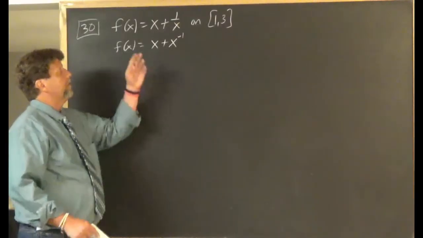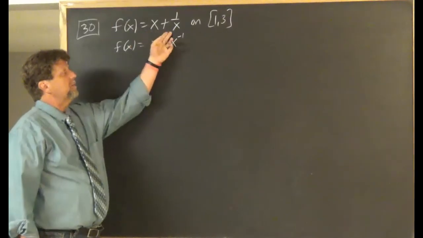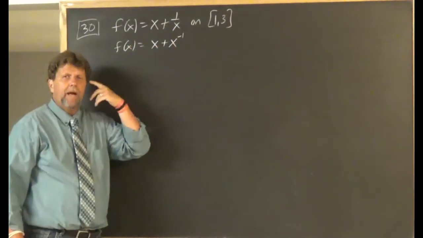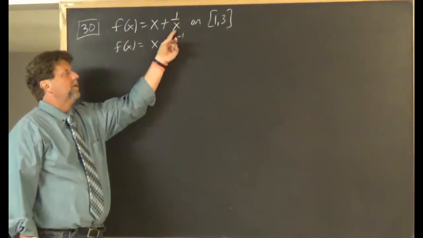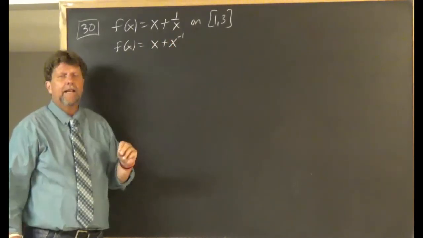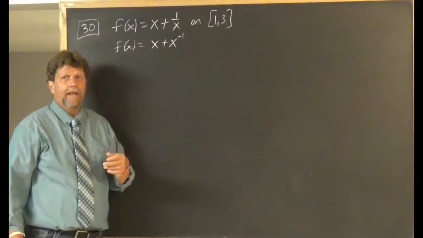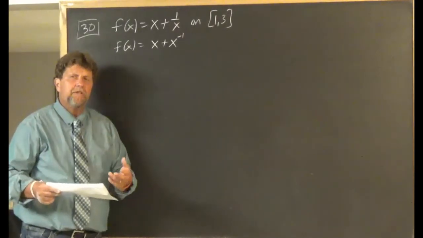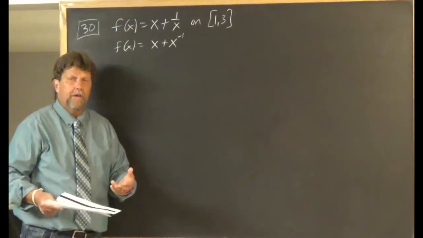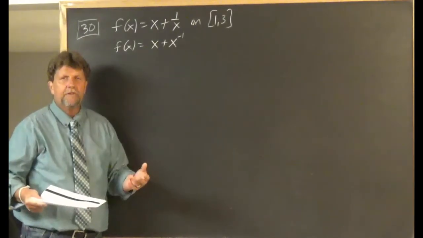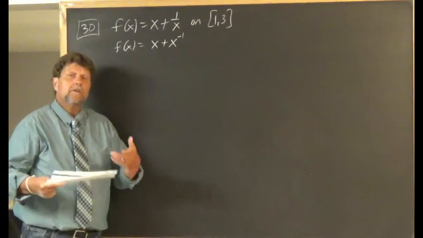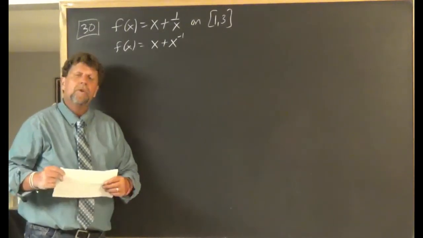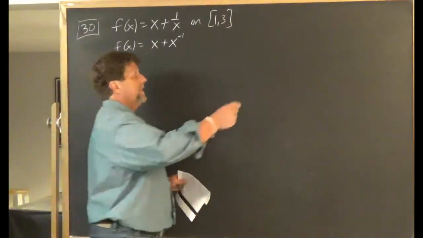All right, number 30, you were given the function f of x equals x plus 1 over x on the interval 1 to 3. And in my head, I'm also seeing this 1 over x as being written as x to the -1st. That's going to help me on the calculus part. But I start off by doing the average rate of change of the function on the interval 1 to 3. It does satisfy the conditions of the mean value theorem. So I get the average rate of change on the closed interval 1 to 3, which means I'm finding the slope of the secant line